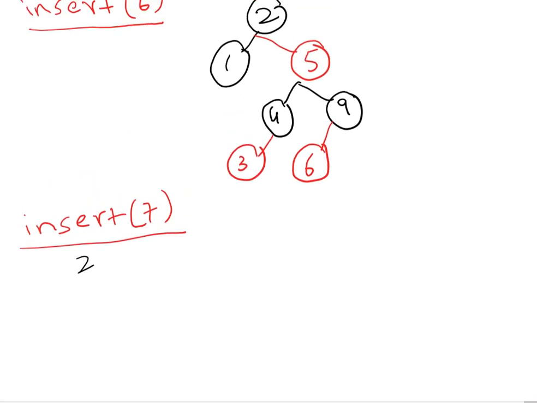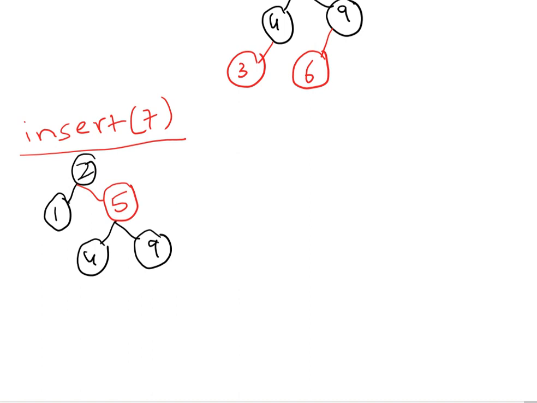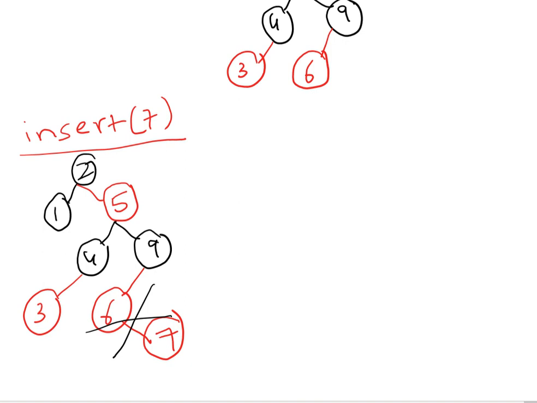I am drawing the existing tree: 2, 1, 5, and then I have 4, 9, the left child is 3, again left is 6. So I want to insert 7. Where should 7 be? Left of 9, sir. Yes, left of 9. Again, is it left of 6 or right of 6? Right of 6. Yes, if you put red here, is it right? Wrong. No, sir, because two consecutive reds are there.